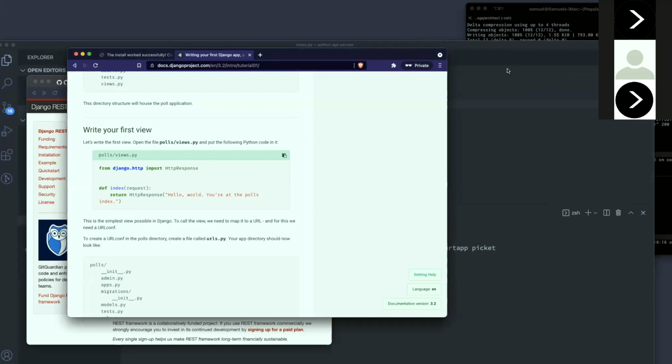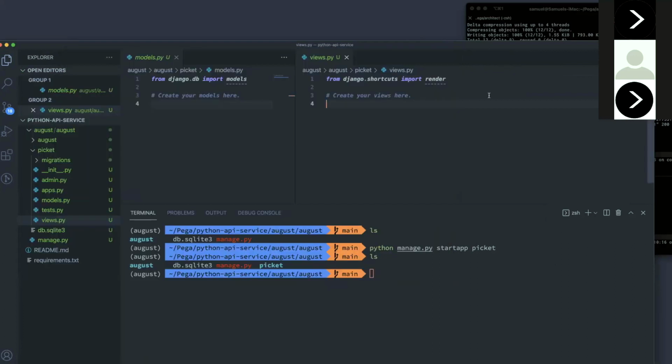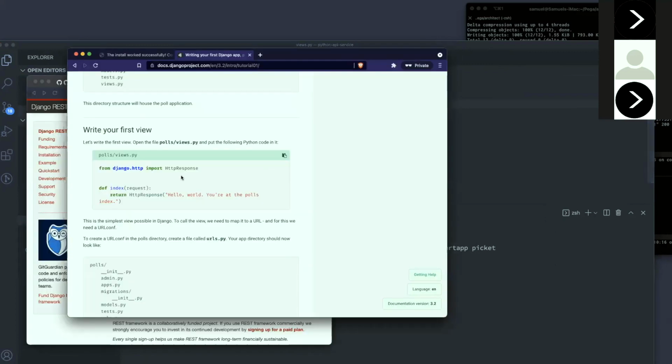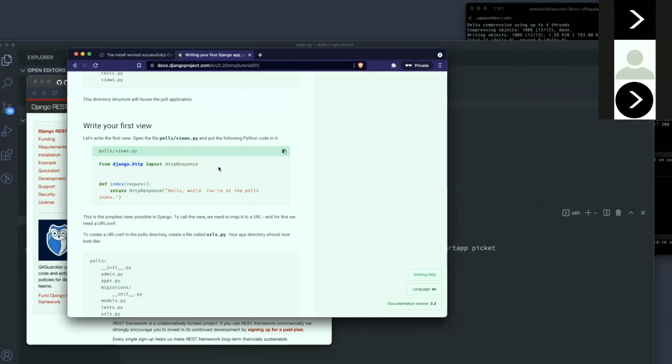So remember what I said earlier at the beginning of this session: you can only respond when there's a request. Every server basically handles it the same way. When there's a request, there's a response, but you can only send a response when there's a request. So the main idea here is, first of all, import from django.http